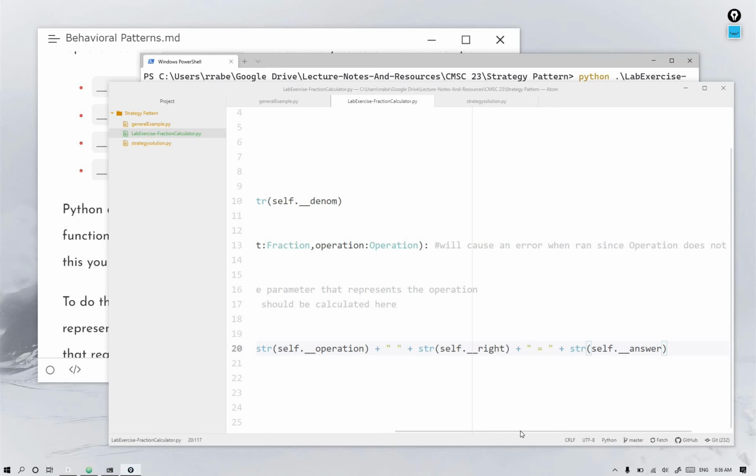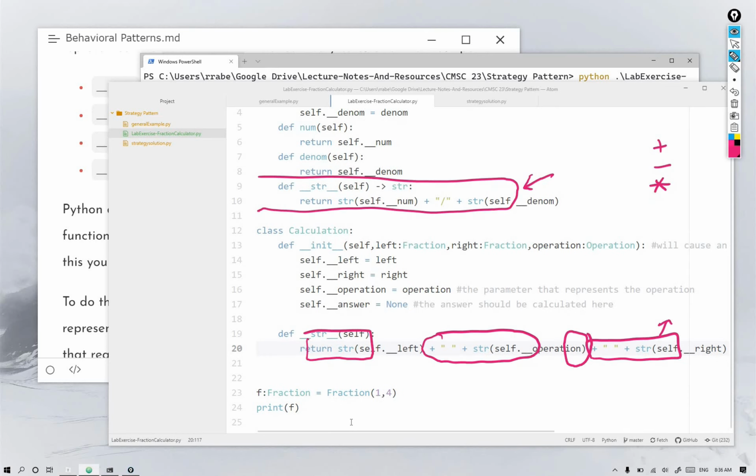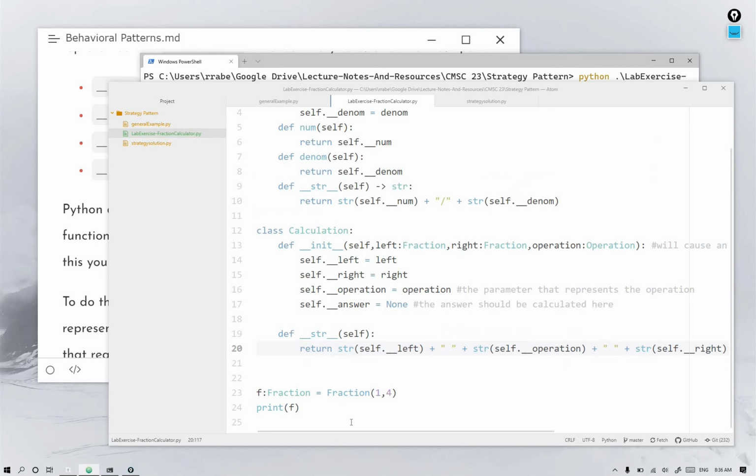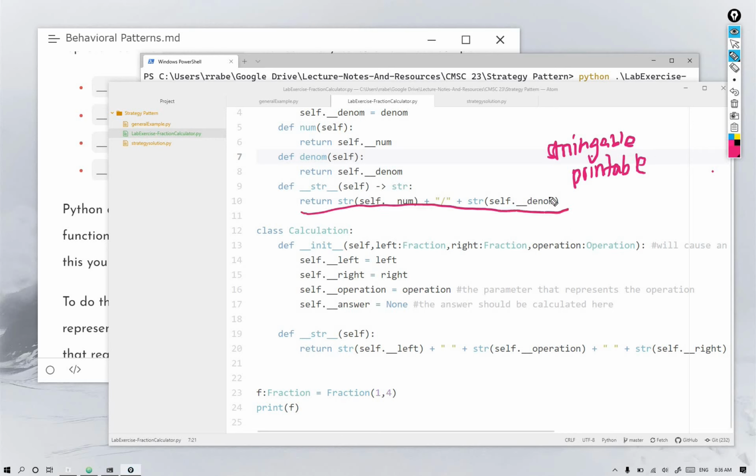Again, let me reiterate what this str function does. By implementing this str function right here, you will be making the class itself stringable and printable, meaning you're providing Python with a string representation of this class. So the string representation of this one is fraction, printed like this, 1 over something like that. Okay,